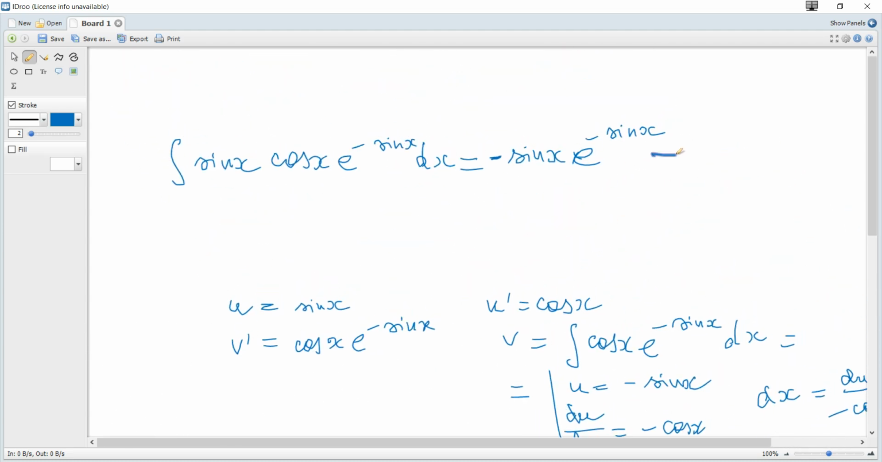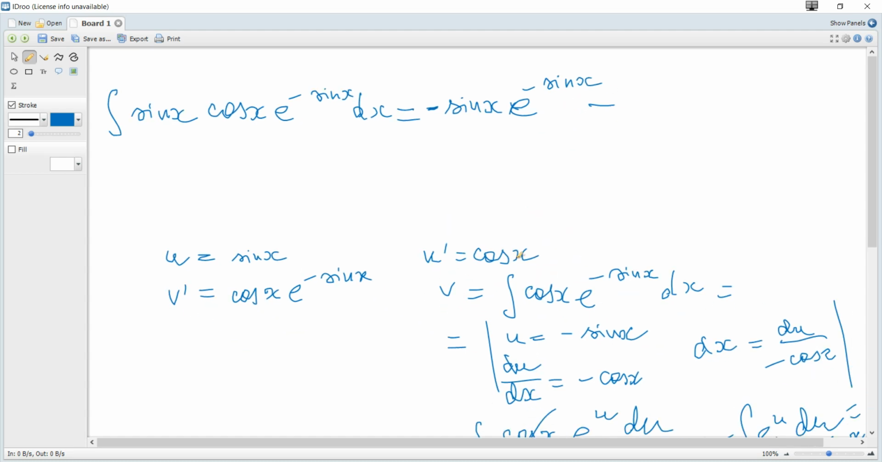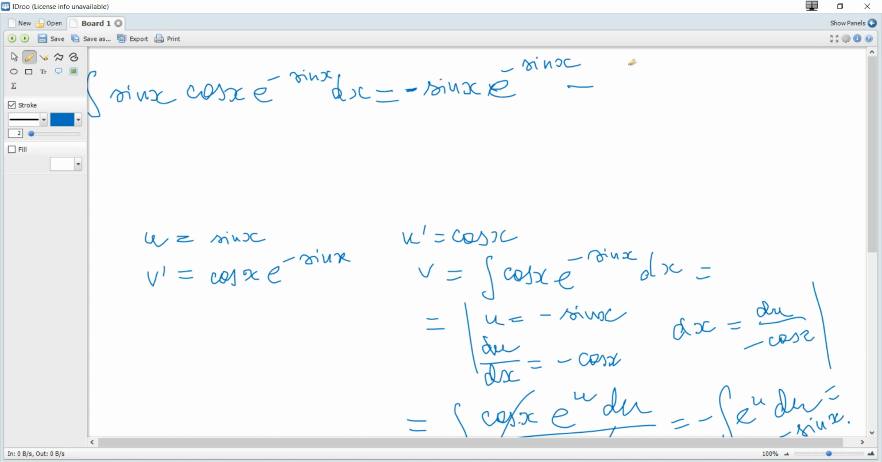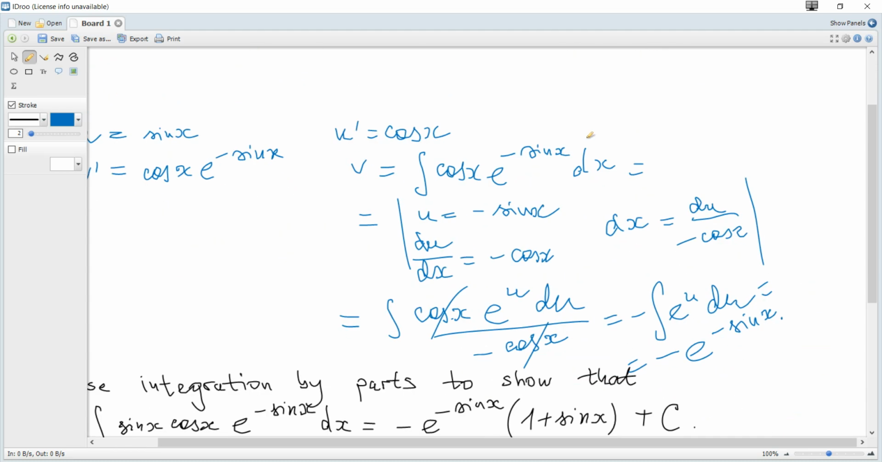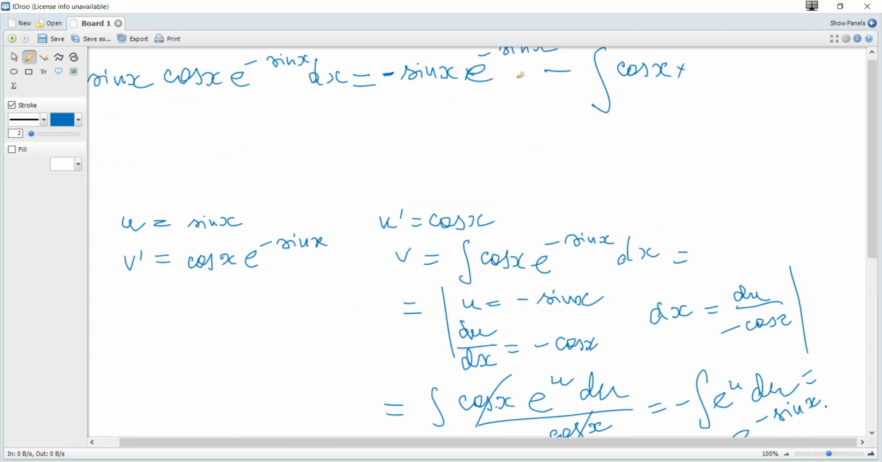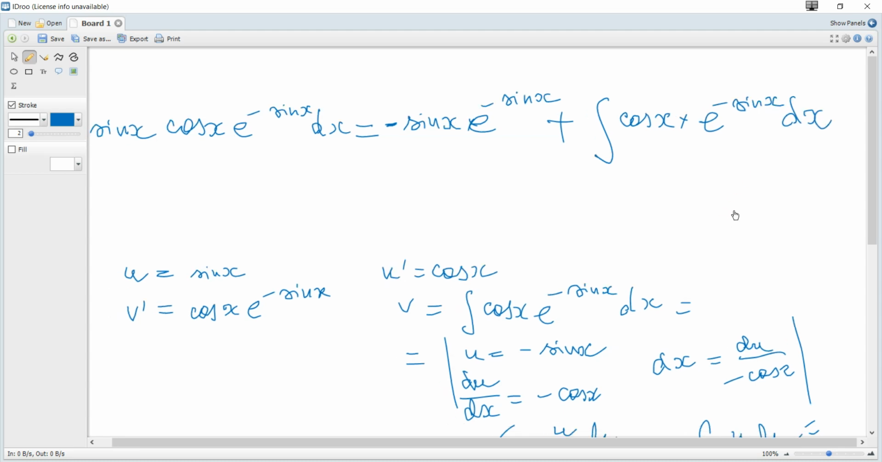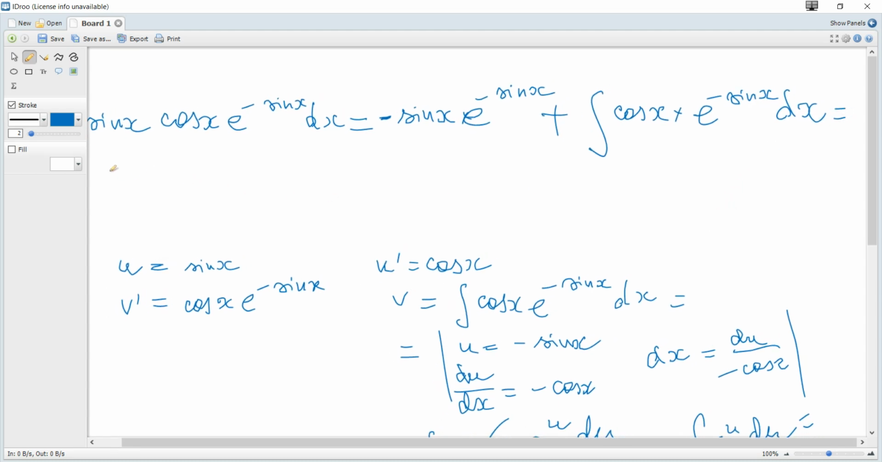and minus the integral of u prime v, so minus the integral of cosine times negative e to negative sine x, so it's plus, e to negative sine x dx, and this is equal to negative sine x e to negative sine x plus